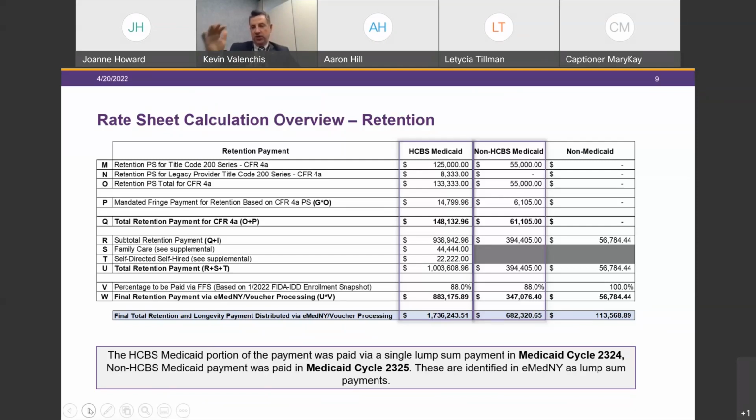And I just want to clarify, we'll give an example of a screenshot of what we see in eMedNI, and I know some of you may be using billing intermediaries, so I would ask that you work with them to get a better understanding of the level of detail, because we've seen some questions like, my average Medicaid cycle is this, so you shorted me that in the value of my lump sum payment. No, you really need to work with your billing intermediary or billing department to make sure you're identifying these amounts appropriately. There is a specific lump sum reference in eMedNI that will show you how much is associated with these ARPA payments. Next slide, please.